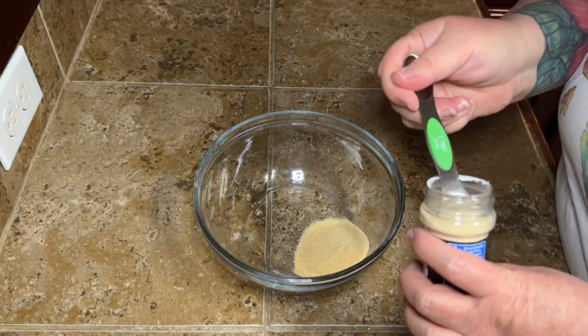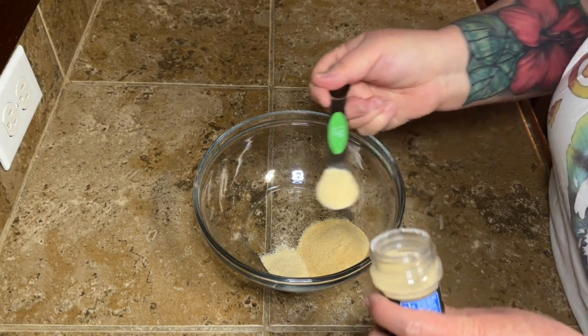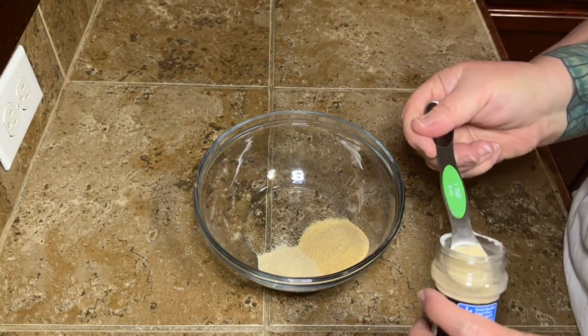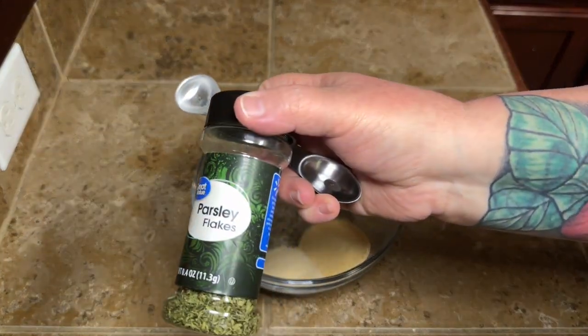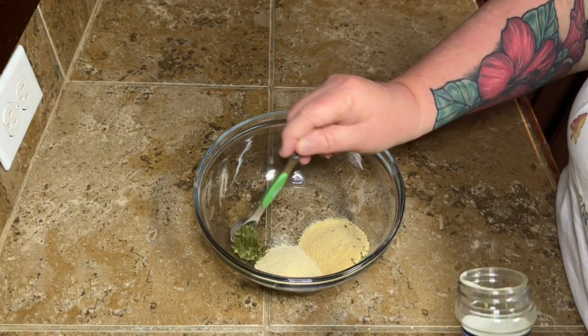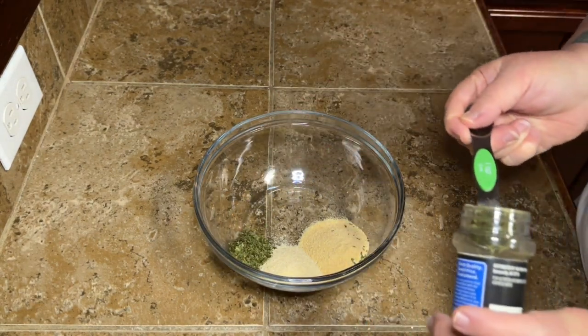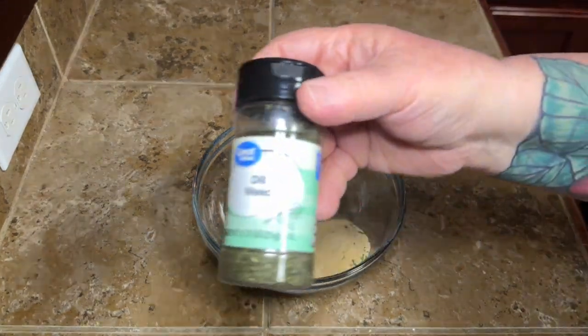I added in 8 teaspoons of garlic powder, and I'm adding in 4 teaspoons of onion powder. And this recipe, when I came across it, the measurements, I just doubled everything because I knew this was something I was going to use a lot. So I was like, I might as well make a big batch of it now, and that way I'll have it and I won't have to make more in a minute. So I added in 3 teaspoons of parsley,